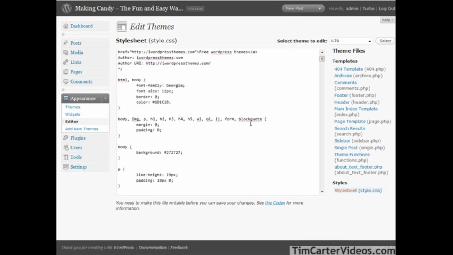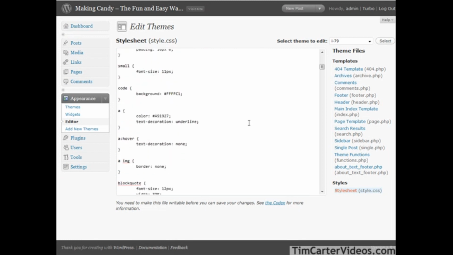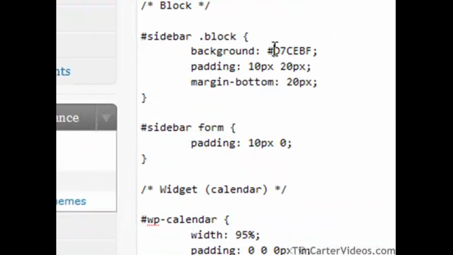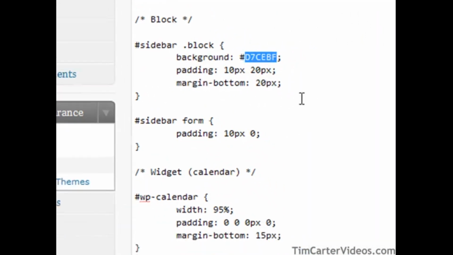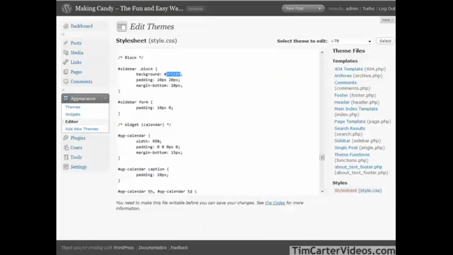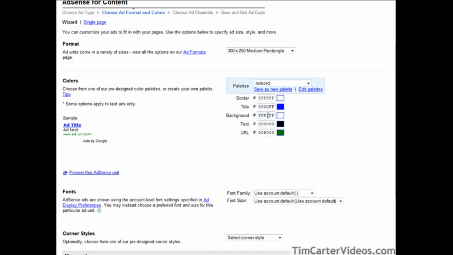So what we want to do is go down here until we find our sidebar. Okay, so just copy the color code in here, leave the pound sign behind, we don't need that, then go over to our Google AdSense side and put it in the background part. Okay, so here where it says background, just paste it in there,